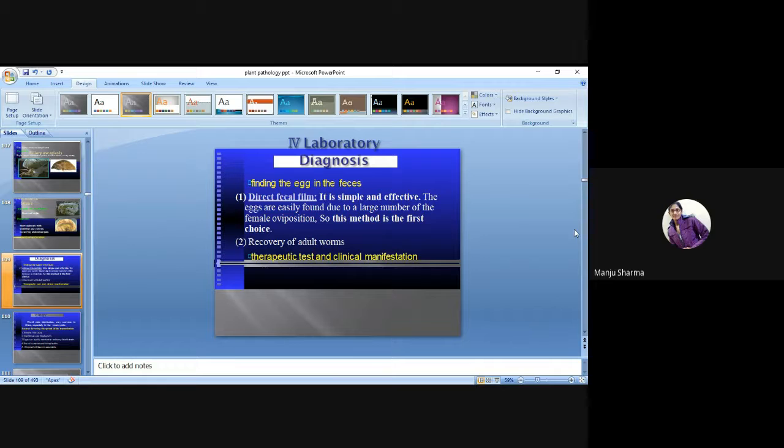Fourth is the laboratory diagnosis, finding the egg in the feces. First is the direct fecal film, and another one is the recovery of the adult worm. Then there is the therapeutic test and clinical manifestation. Direct fecal film